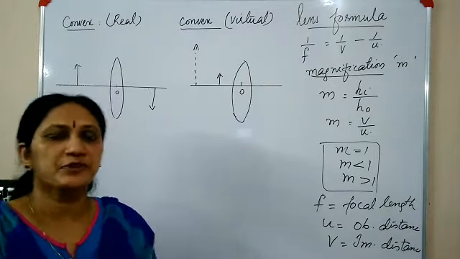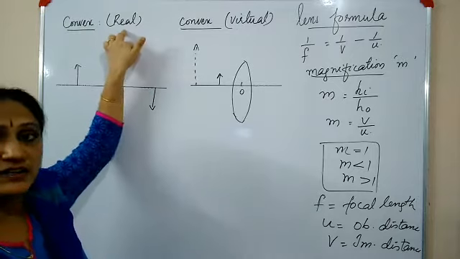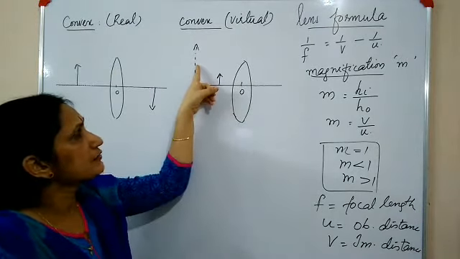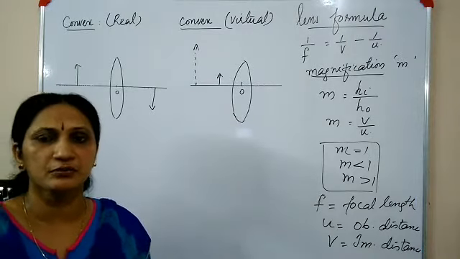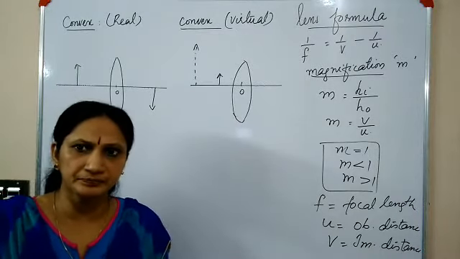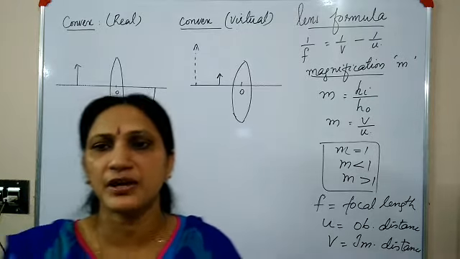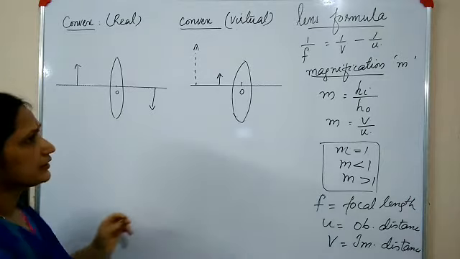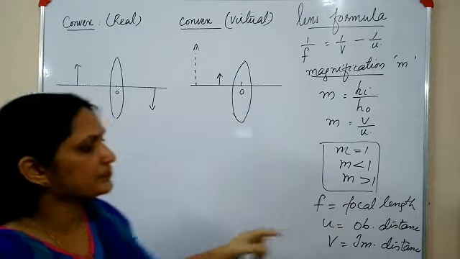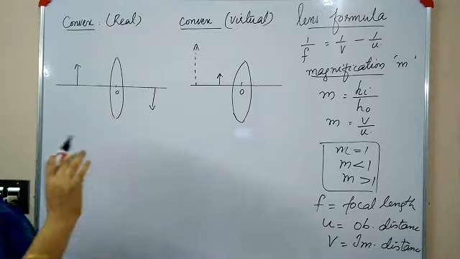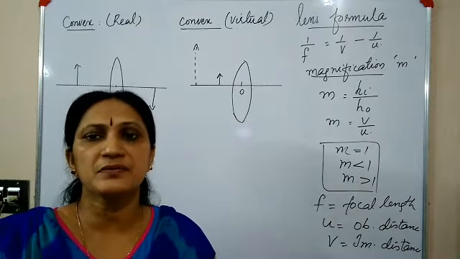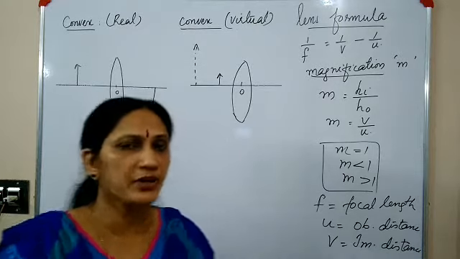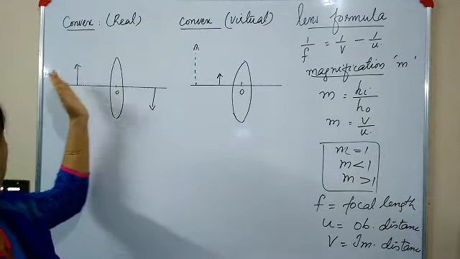Now for convex lens you have already learned that there are 6 different cases. Out of 6, in the first 5 cases the image formed is a real image. In the last case, when the object is very close to the lens, a virtual magnified image is formed. So for convex lens both real and virtual images are possible. Then how to decide the sign? Here u means the object distance. Look at this diagram. The convention which we follow is, in any case of image formation, the object is to be placed on the left side.